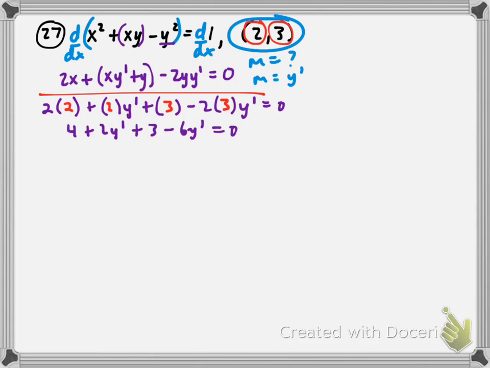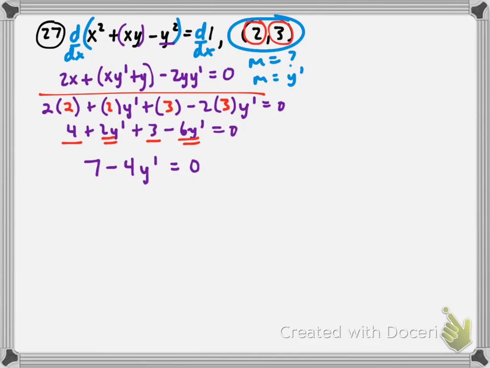So in other words, we want y prime, but only when x is 2 and y is 3. Okay? Because that's what we want. We want the slope at that point. And so we can see it's much easier to simplify when we have actual real numbers in here. So we end up getting 7, when we combine the 4 and the 3, and then we combine the 2y prime minus the 6y prime, and that gives us minus 4y prime, and that's equal